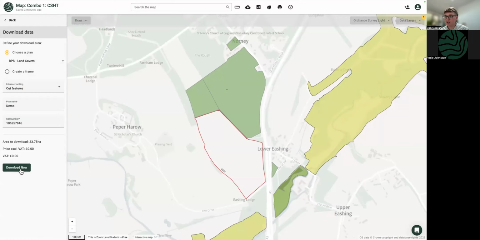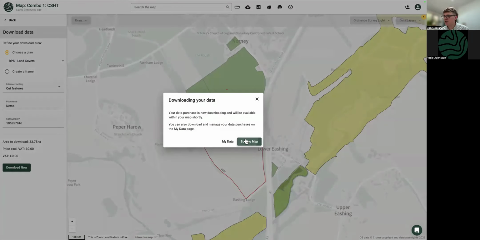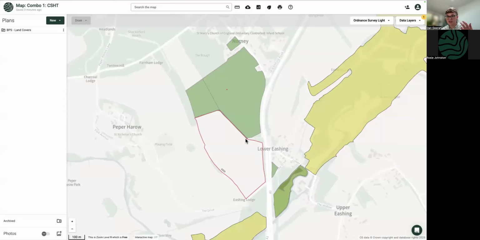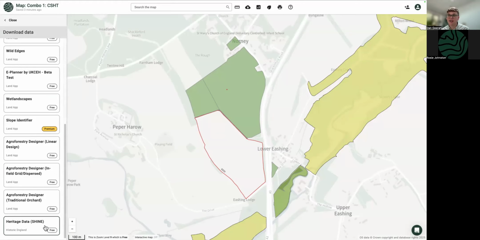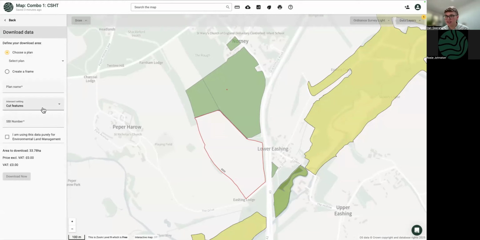I'm basically going to run their ePlanner data, which runs some ecological models and some topography models to show me, relative to my farm, the best places to create pollen habitats, to plant woodland, and to do a whole manner of other things. And also, while I'm doing that, I'm also going to run one more data download, which is the heritage data Shine. So we're the first and only tool at the moment that give access to the Shine data that's outside of the government space, although other tools are picking it up as well, which is great.